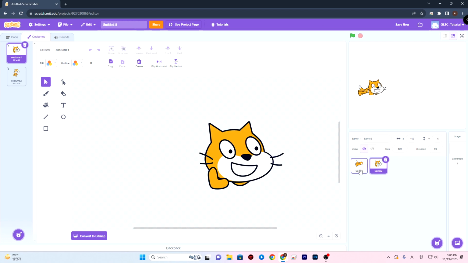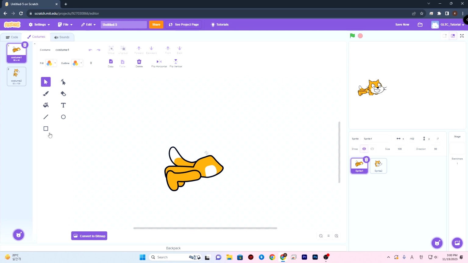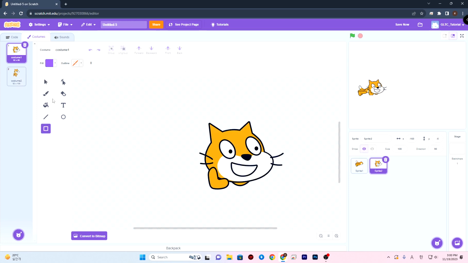And then here we're going to make a gun, just an easy gun. Bring, let's use Scratch 2. Let's bring a square, set the color to black, and then bring it here, and then bring another one here, and then again bring this here, and then we're going to enlarge this one